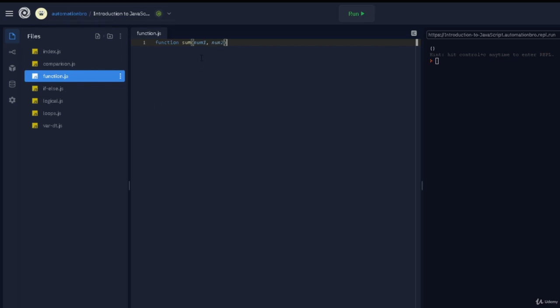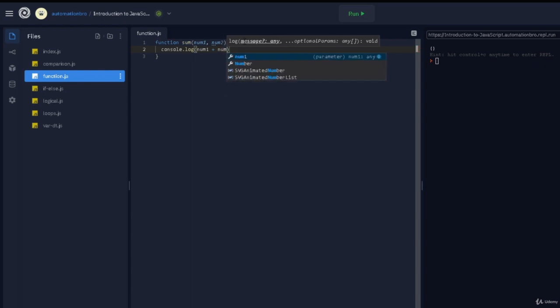These over here are called parameters. So you create a function, you assign a name to that function, and in the parameters you can pass in as many values as you want. And then I'm going to add my curly brackets. And over here, I can do whatever I want. So here, let's say we do console.log, and we will do num1 plus num2, right?